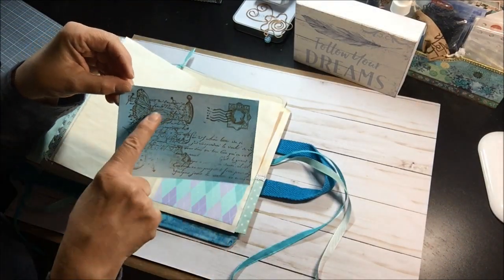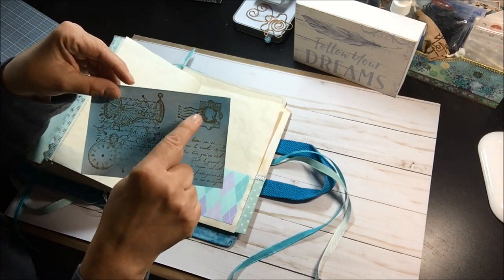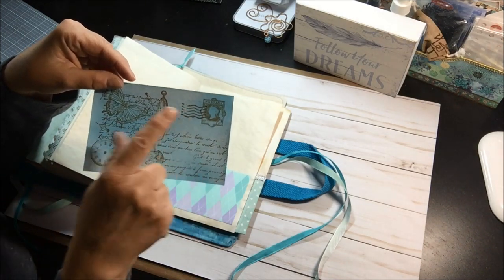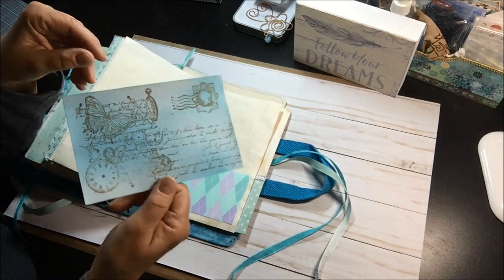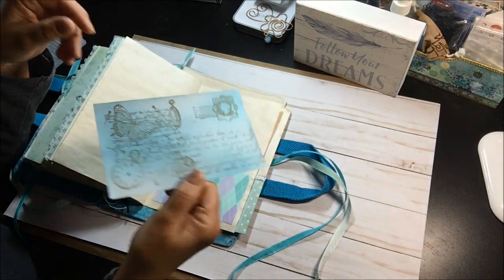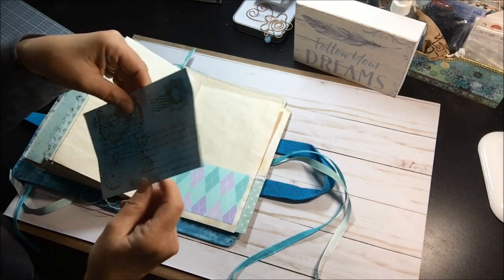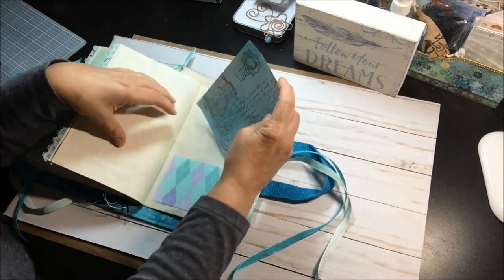And these are two stamps that I have. They're rubber stamps. Well, three. This came in a clear pack of stamps, unmounted. This is a mounted rubber stamp, and so is this with the French writing. And it's more butterflies and stuff. And it's just a 5x7 card. This one was not tea stained, and I did spray it first with Tattered Angels,